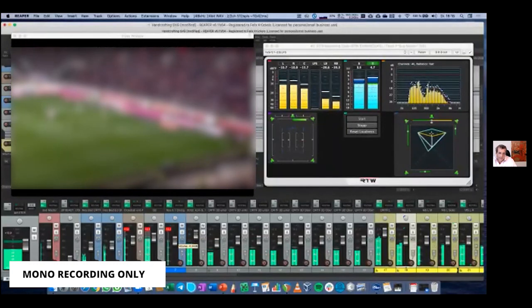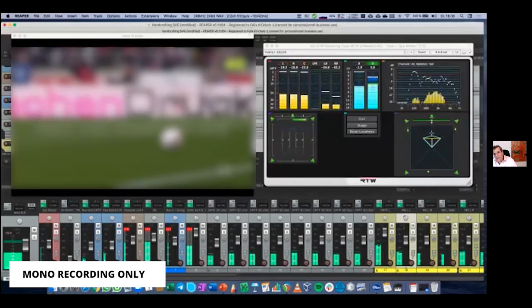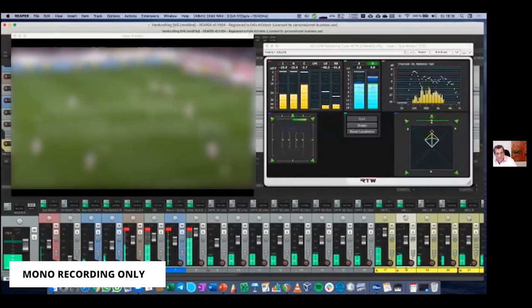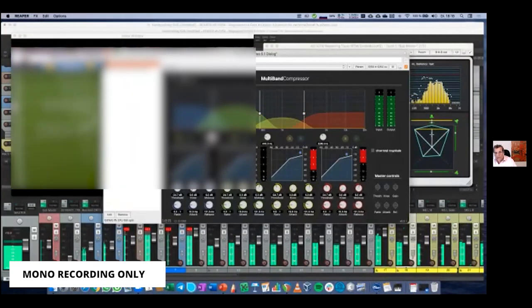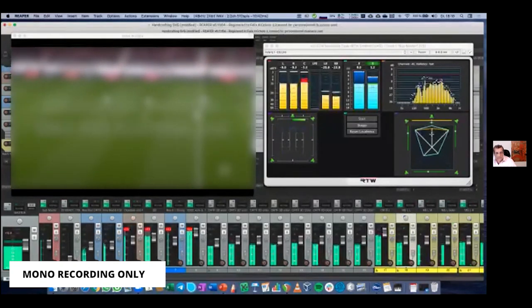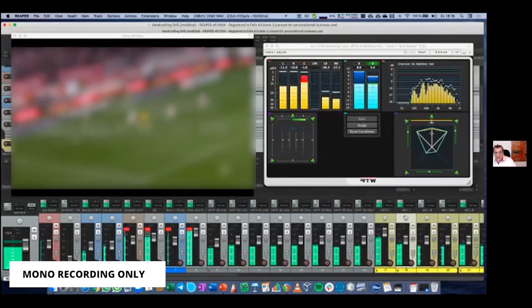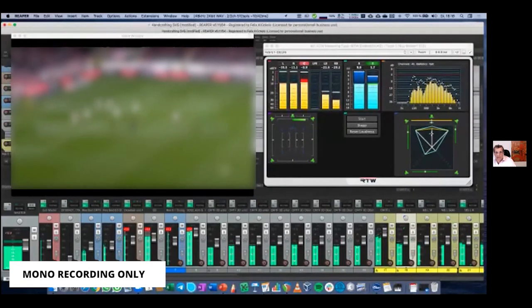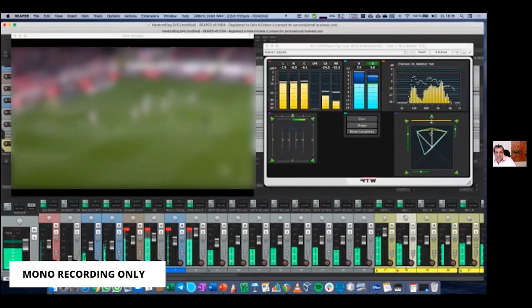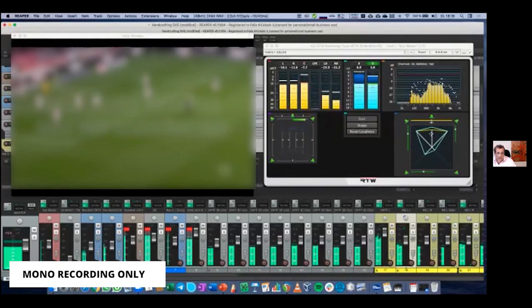Let's accelerate this a little bit. Don't care about the true peak, there's no limiter implied in my RTW. Quite often I see that this level is more or less the same, or even with the beautiful plugins which we have, another compression in the signal chain, and right away you hear the spill sound of the commentary coming from the center. In terms of loudness, it's more or less the same. I have the same balance of crowd sound and commentary sound, but I have crowd more or less only coming from the center channel,